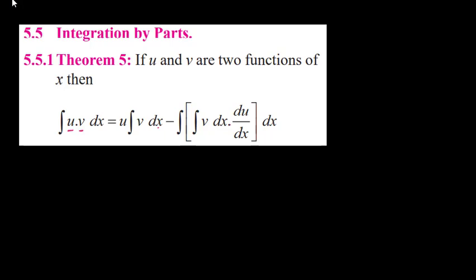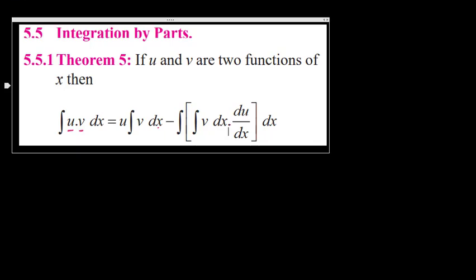Take as u a function which you can differentiate easily, and as v a function which you can integrate easily, because you have to integrate v, and here you have double integration: you integrate once, and whatever result you get, you integrate it again. So if you make a proper choice of u and v, you will solve the problem easily, otherwise you will face difficulty. Maybe you will arrive at the solution, or it may be difficult to get the solution.